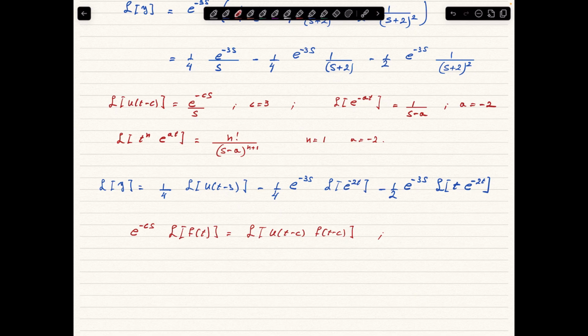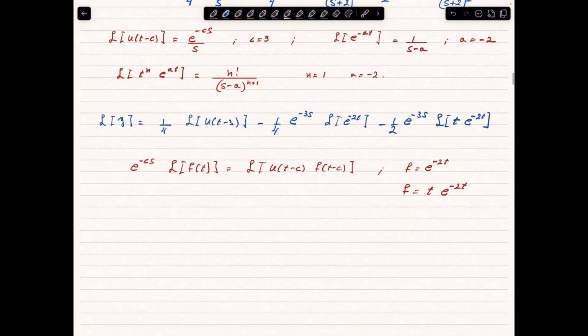And we use that formula with f equal exponential negative 2t, and we use it again with f equal t exponential negative 2t. We use it twice because we have two terms, and then we end up with Laplace transform of y